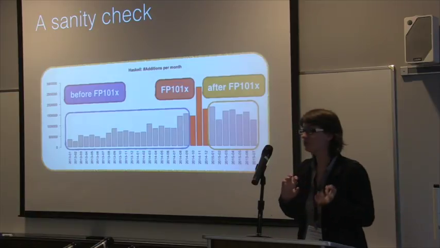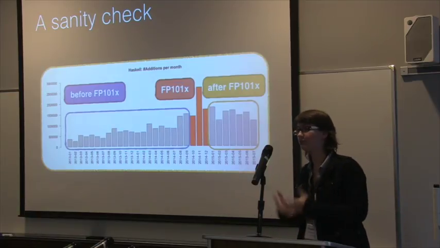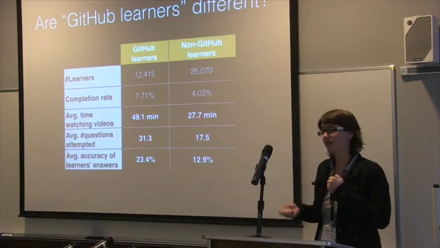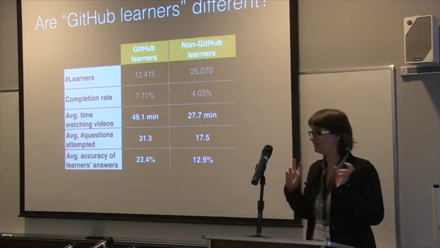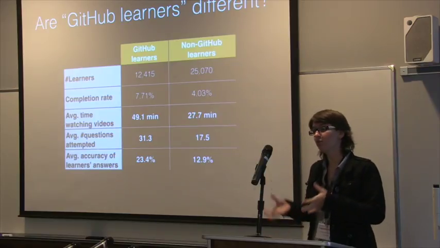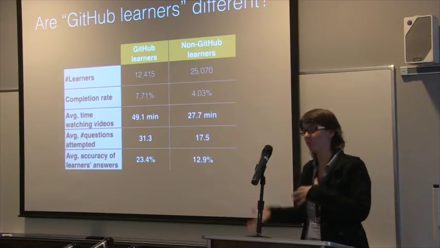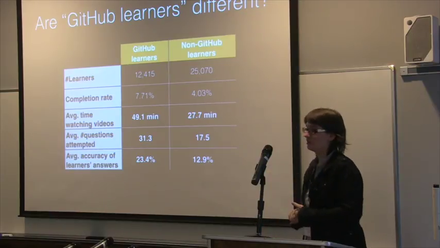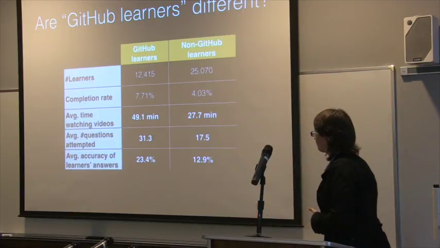And so the next step was to look at different types of partitions of learners. The most obvious partition to us was: what is the difference between the people we could find on GitHub, which we called GitHub learners, and those we could not find on GitHub, which we assume are maybe less experienced programmers? At least we did not see them there, so it's likely that they may even be new to programming.